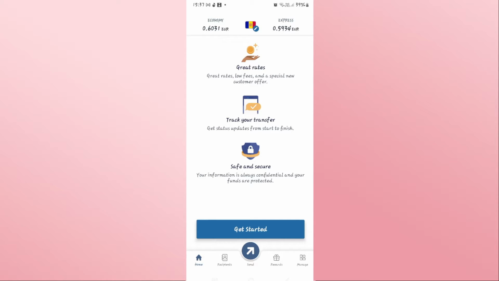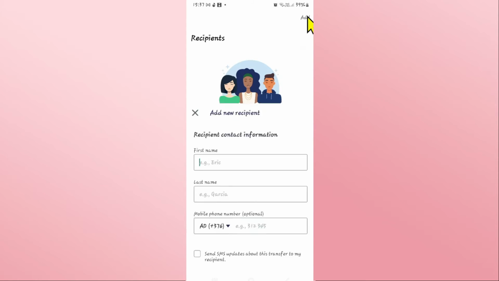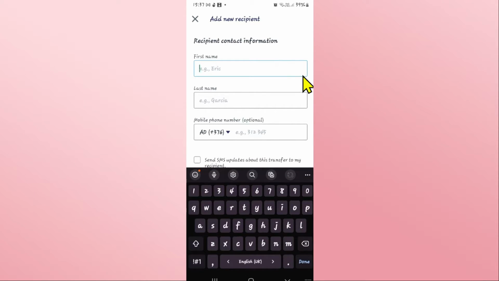Now, if you wish to add a recipient, click on Recipients at the bottom section alongside the Send button, and you will see your current recipients. Click on the Add button at the top right corner, and now you will be allowed to select a new